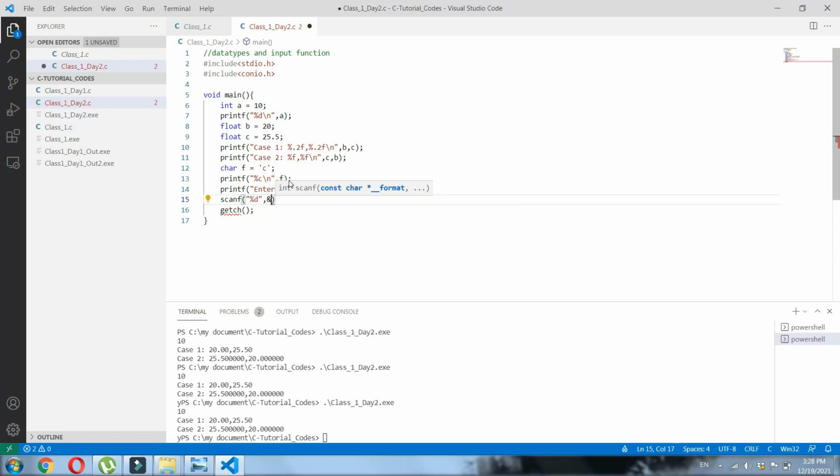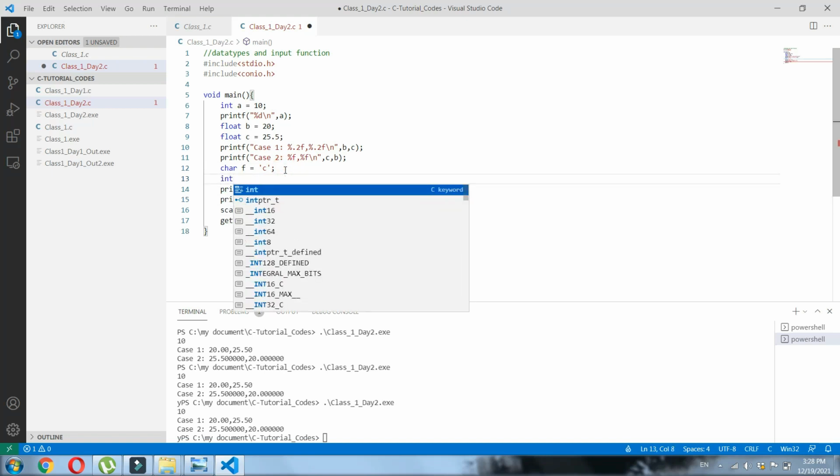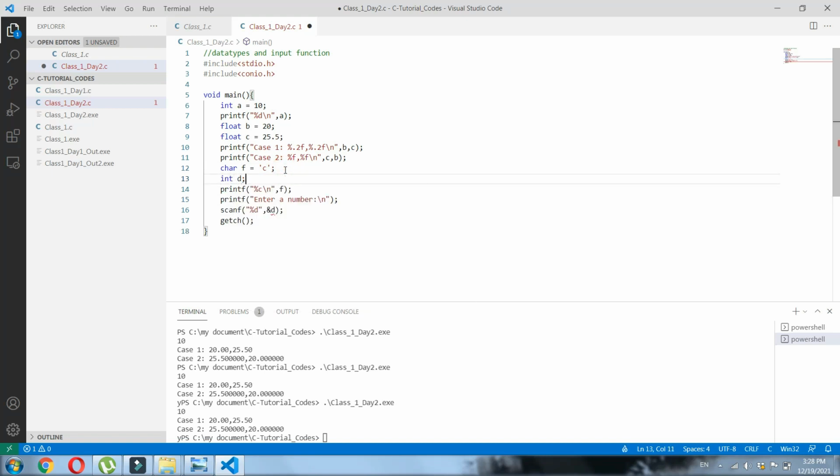So let's call a variable d. I'm going to get the value to this variable. But why am I getting a red mark here? Because I don't have a variable named d before itself. So I'm going to initialize the variable int d. As you see now, there is no error because I just created the variable and assigned a particular space for this. For each of these, int, float, character, there is a particular space which should be occupied in your system.